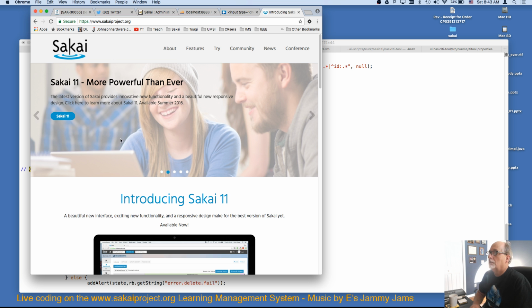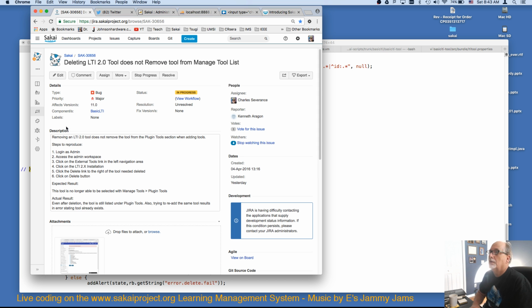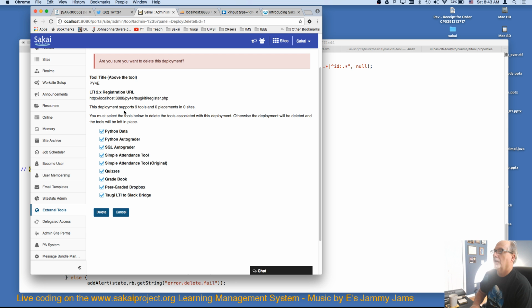Okay, so welcome back to Coding with Sakai. I'm working on this LTI administration tool. Last night, I got to the point where I had this UI, but nothing handling it. So what happens is I can delete a LTI2 registration, but there are these tools, and originally I did not delete these tools because it's part of the design, but I figure people are complaining, so I'll add this checkbox stuff